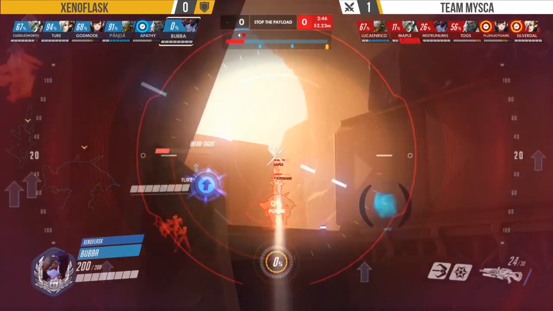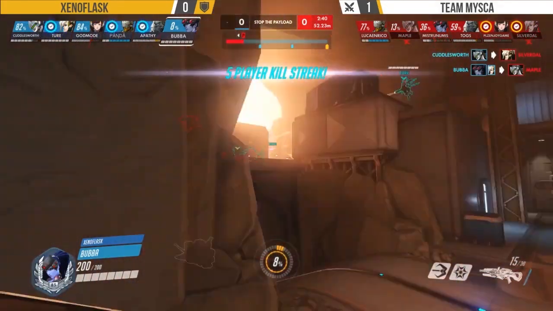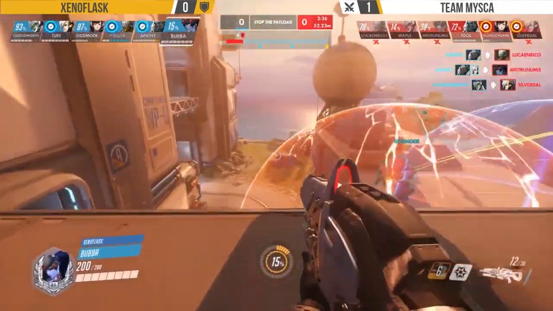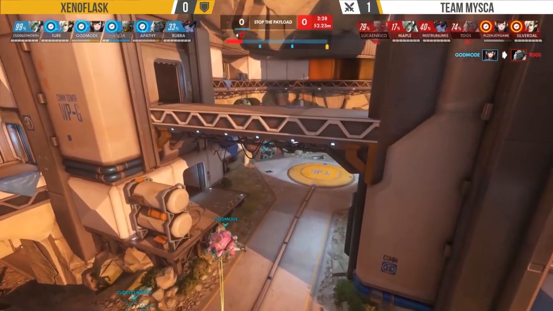Can't quite find anything as someone just comes around the corner. Doesn't quite find the shot. Does manage to at least dink the Diva. And, oh, there we go. Maple peeks twice and is punished for it. Bubba's been getting some really important picks, not only forcing Mistrum to swap to a Widow, but now dealing with the rest. Even Apathy finishing off with a cheeky double kill, but Mysca are still looking for a solution to